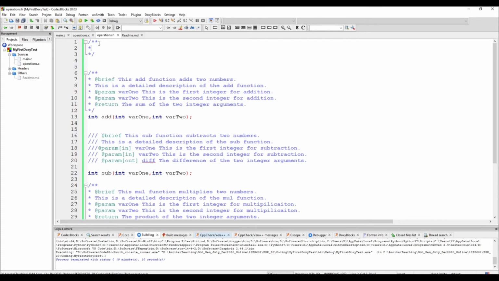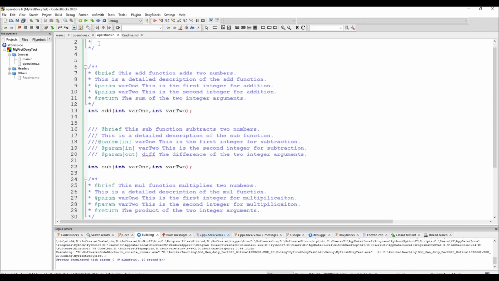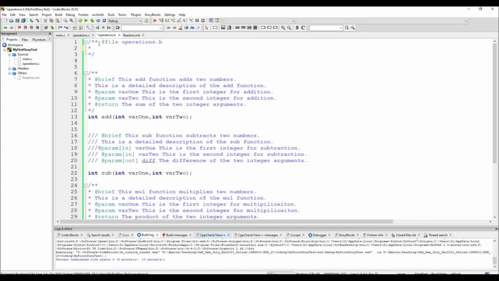So this is where I'll write my file headers. I can use @file, and I have to give the name of the file I am writing for as the argument itself. So I'm working on the operations.h file. If I use the @file command, it should be followed by the correct file name. After that, I'll have the brief description,